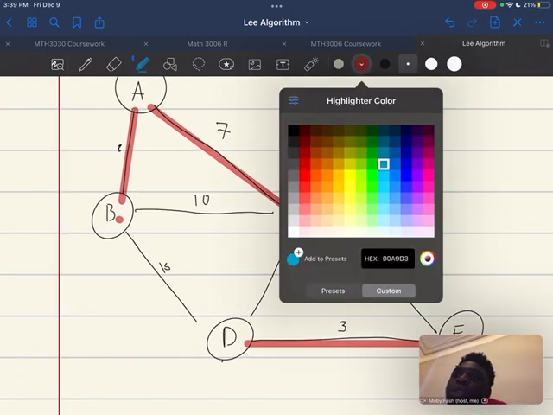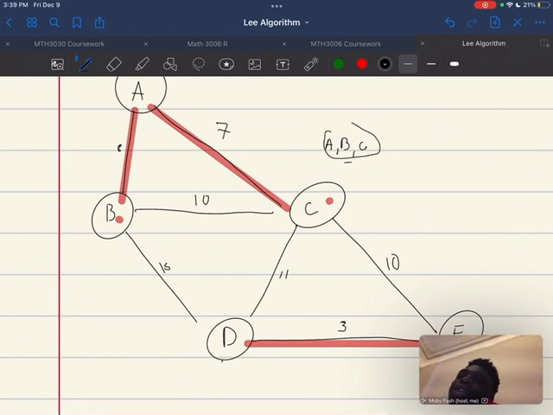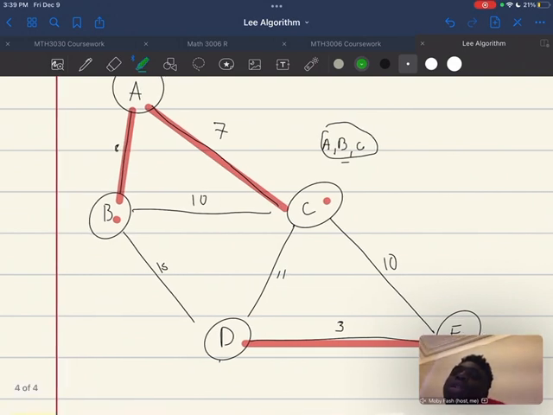On the second iteration, all connecting nodes are put into the set as a single unit, so we would have A, B, and C. We are trying to find the lowest cost from any of these to any part of the graph that is not connected to the set. So the lowest cost from A, B, and C would be this 10, as the others are